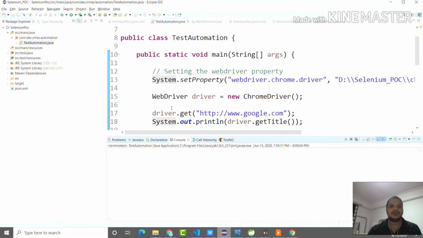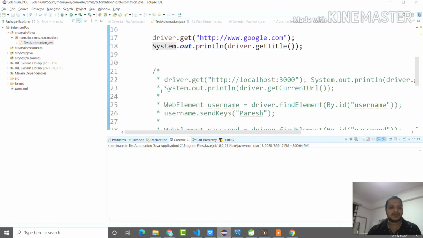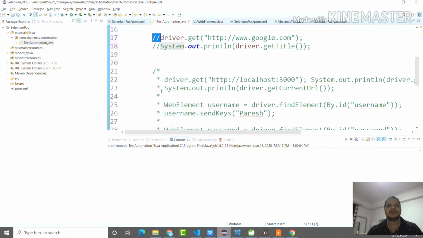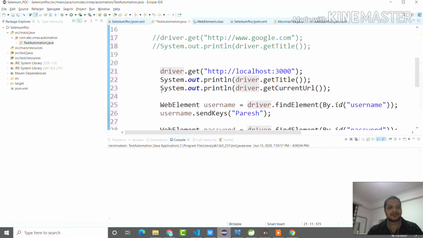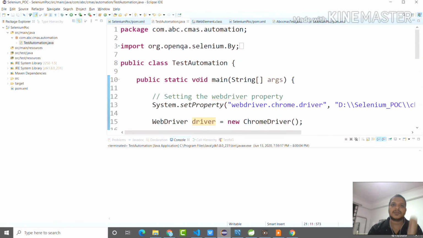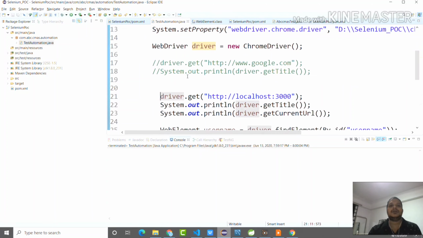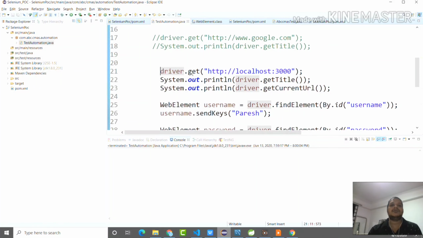Okay, we'll quickly go again to the Eclipse. All right, so same thing, I set the property here. I created the WebDriver. Now in the driver, I have mentioned the URL of my React.js application.